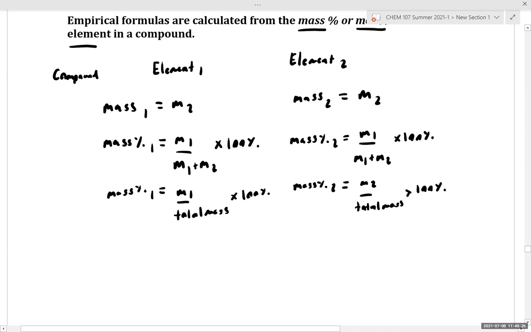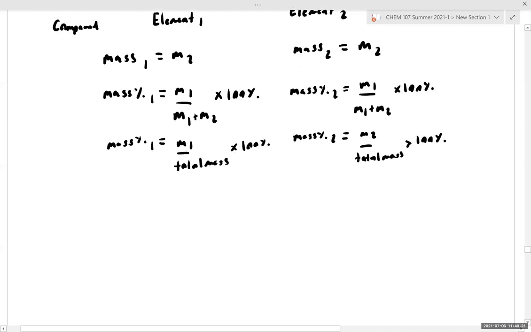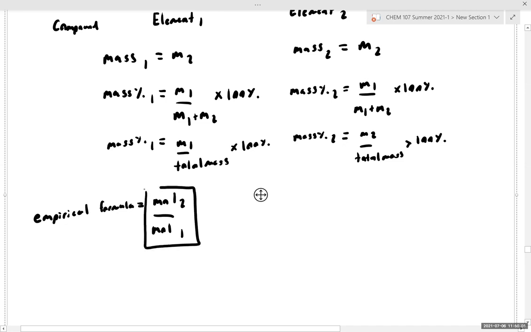Okay, so we have all this information in hand. And if we want to calculate the empirical formula, our goal is to get the ratio of the moles of element 1 over the moles of element 2. The empirical formula fundamentally is the simplest whole number mole ratio of elements. Let's write this as mole 2 over mole 1 just to make things a little more straightforward. Okay, so if our goal is to get the mole ratio,